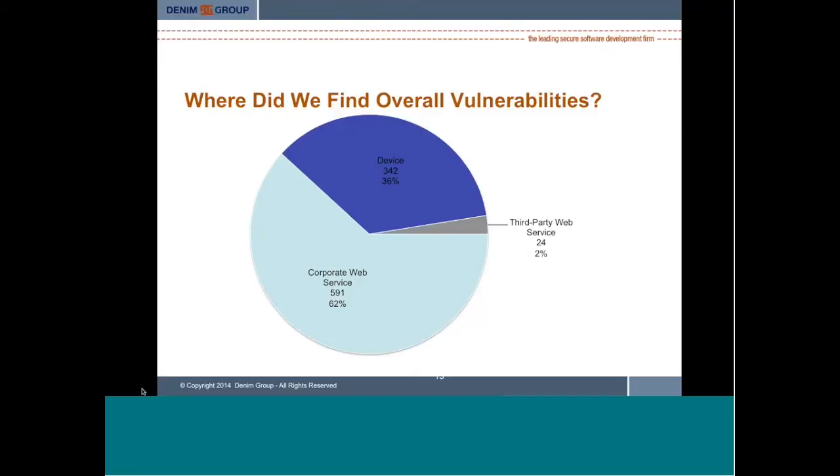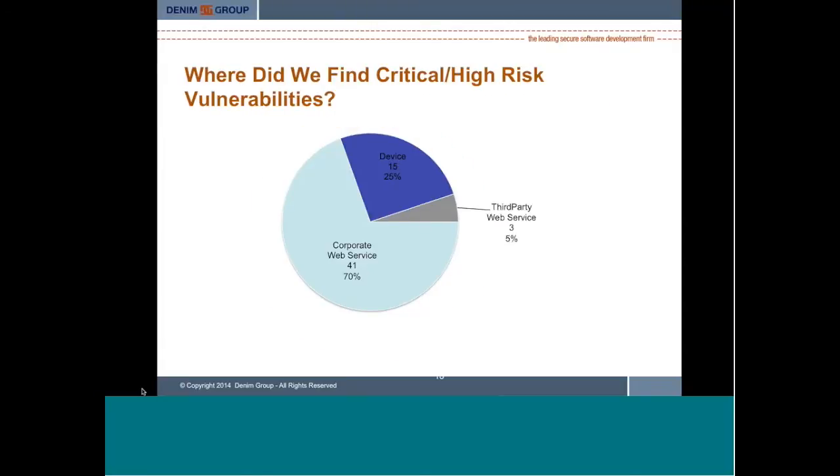We didn't have the authorization, and again, none of them gave us that source code access. But what we see here is that if you're only looking at the code running on the device, you're going to miss stuff. You're going to miss a lot of stuff. And if we drill into where we're finding critical and high-risk vulnerabilities, so the stuff we really care about, 70%